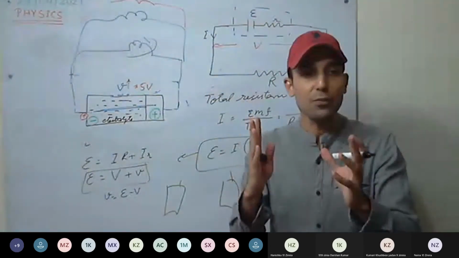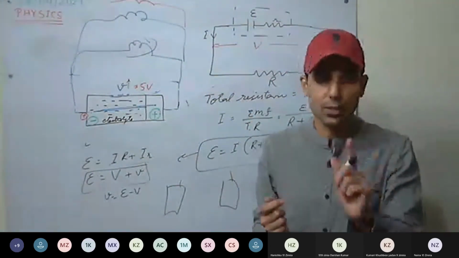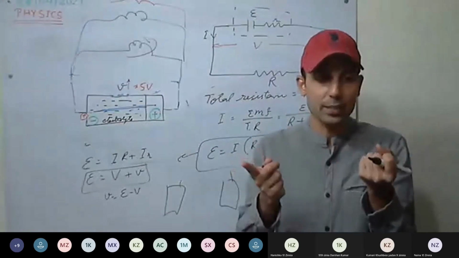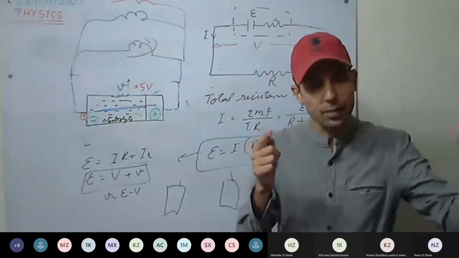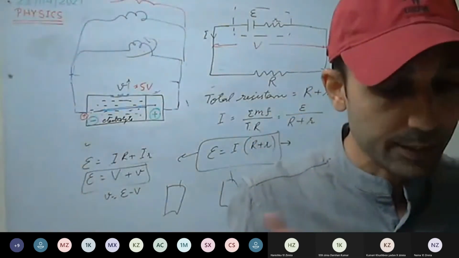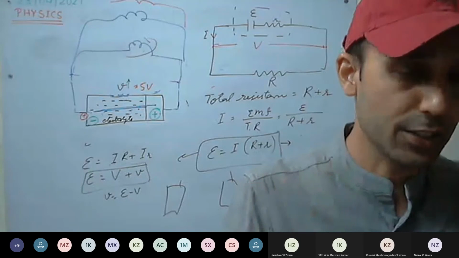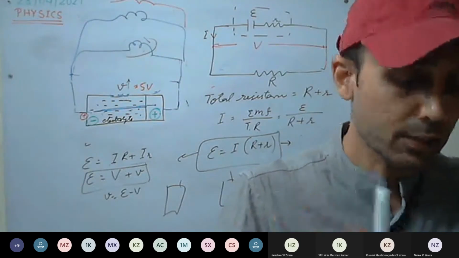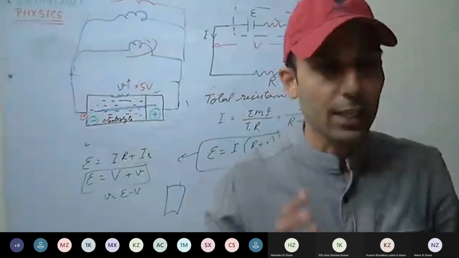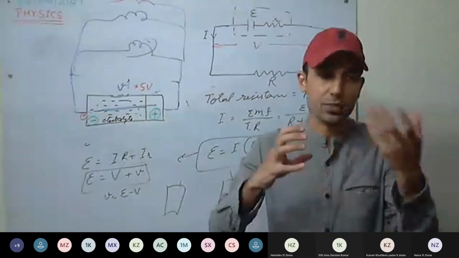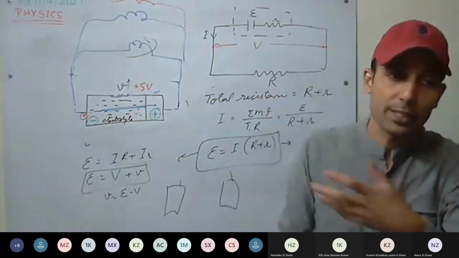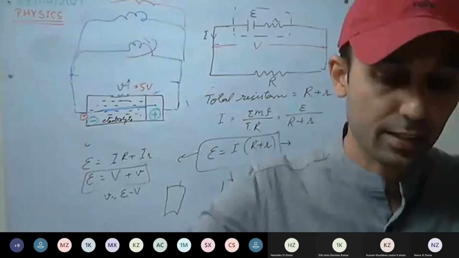See here, if the electrolyte is more concentrated, fewer ions will be there. Fewer ions means more resistance. The less ionic the electrolyte or the higher its concentration, the more the resistance. Then the temperature of the electrolyte: if temperature is increased, what will happen to the ions? Their mobility will increase. If their mobility increases, internal resistance decreases.